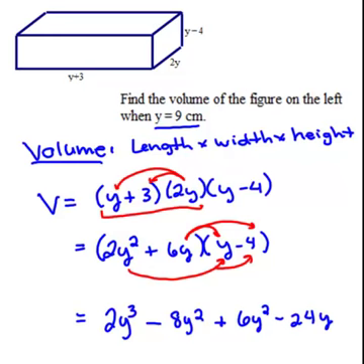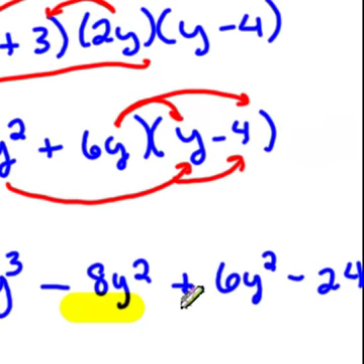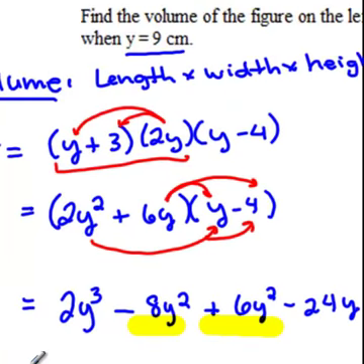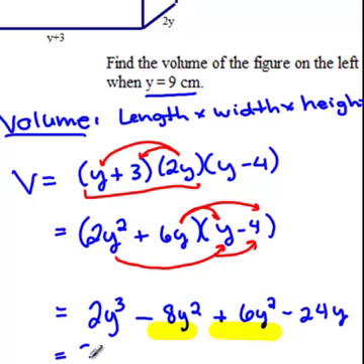Almost done. We have a couple of like terms. I'm hoping that's bugging you. These two are like. They're both y squared terms. So we're going to combine them. I'm going to write down my 2y cubed. Here this is negative 8y squared, positive 6y squared. We are in debt 8 and we have 6, so we are still in debt, but only 2. And apples plus apples get you apples. Y squareds and y squareds get you y squareds. And last, I have this term I'm going to bring down because I don't have anything like to add that to. And this is your answer